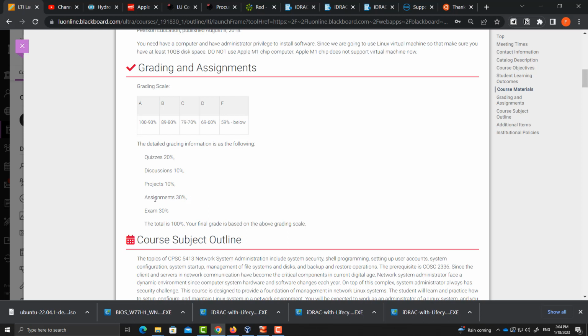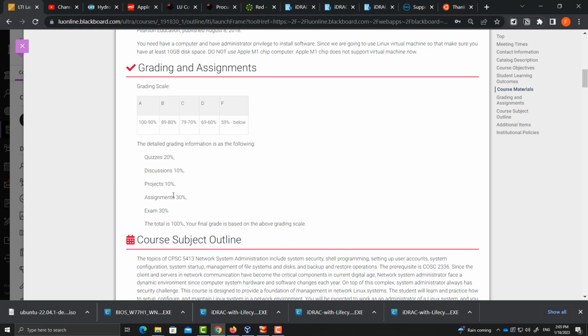The fourth one is assignment. Every week, you are going to have 1 or 2 assignments. These assignments are most likely not programming assignments. It's just Unix, Linux configuration, commands, how to use the commands, a practical kind of assignment.